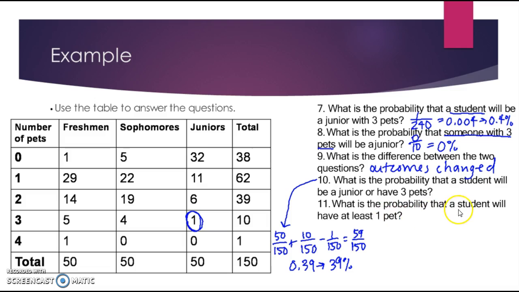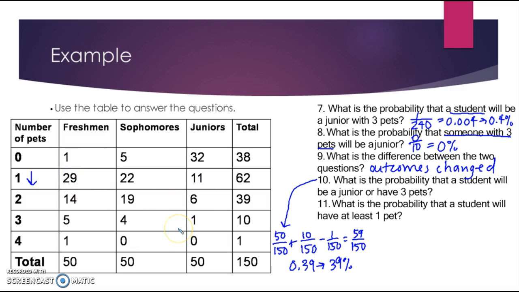And then for the last one, the probability that a student will have at least 1 pet. So at least 1 pet, let me get rid of this guy here. At least 1 pet means it's going to be including 1, so that's going to be everything below 1 on all of our tables. So I want to add up all of these and put it over 150. All right, so now we've got